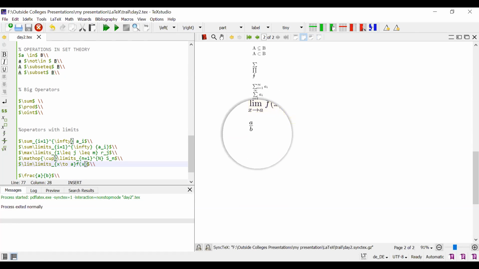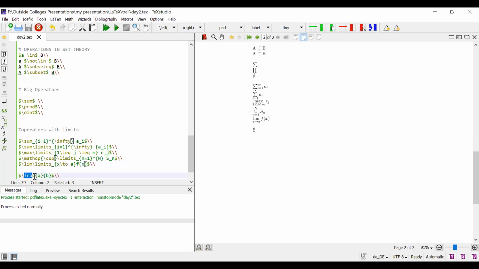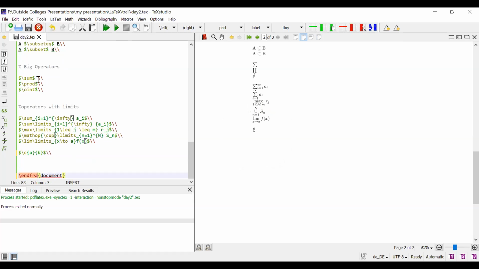See this? A by b. Your keyword is frac. Using this one, you can perform any different type of fractions.